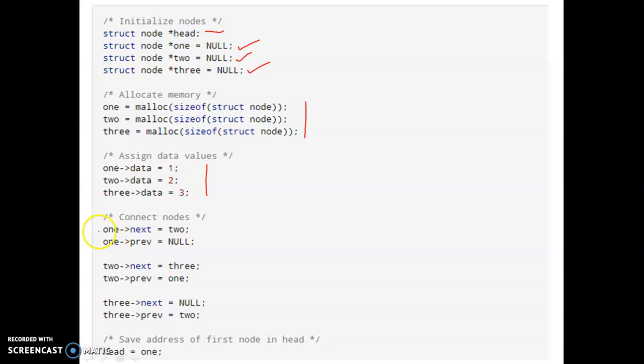Treating the first node as one, one next is two, and one previous is null. At the same time two next is three, and two previous is one. And three next is null because there is no node after 3. Three previous is 2.